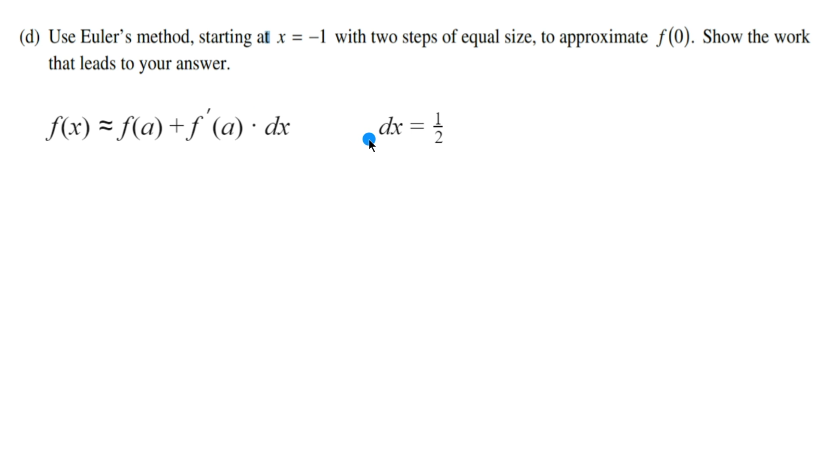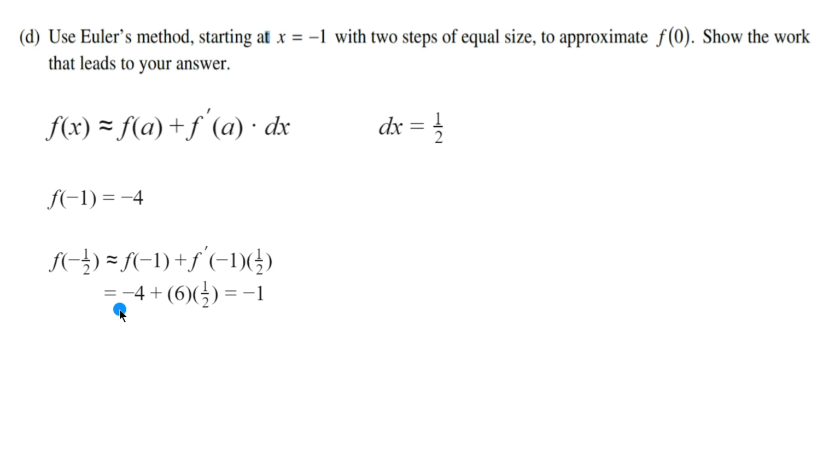We also know that our dx is 1/2 because in order to get from negative 1 to 0 using 2 steps, our change in x has to be 1/2. So now we just start plugging things into the formula. We start with f of negative 1 equals negative 4. Adding delta x to negative 1, we get negative 1/2. F of negative 1/2 is approximately f of negative 1 plus f prime of negative 1 times the delta x. That gives us negative 4 plus 6, which we found in part A, times 1/2, which is equal to negative